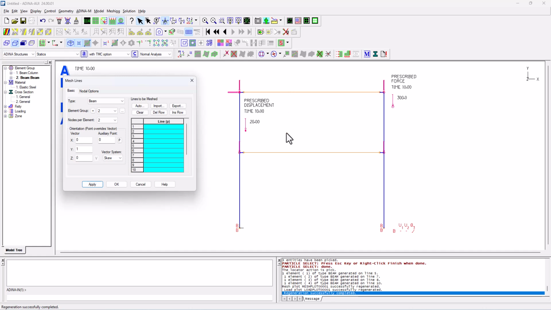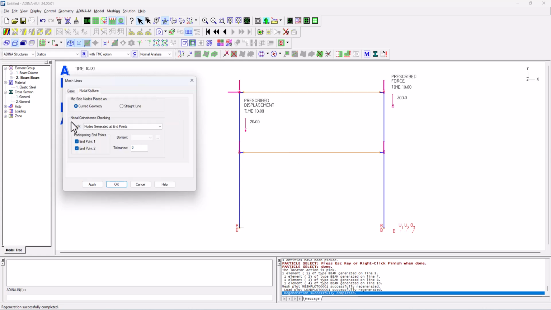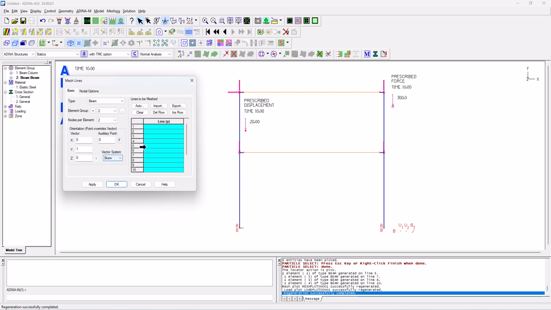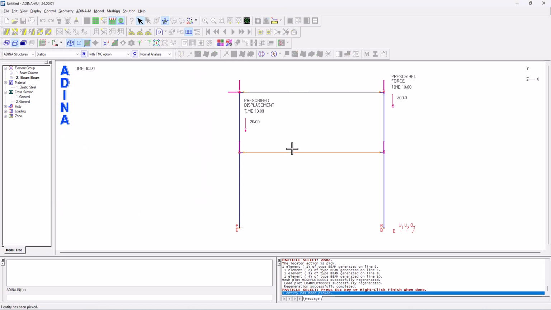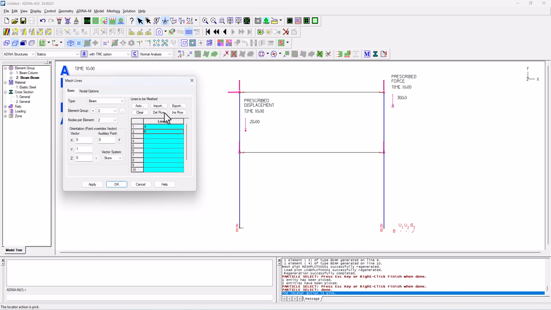And I could have selected also the long members, but I didn't do it because before I apply my mesh here, I'm going to come here to nodal options, and the nodal coincidence check-in, I'm going to set it to no check-in. So this means that when I select and apply the mesh to these 2 lines,